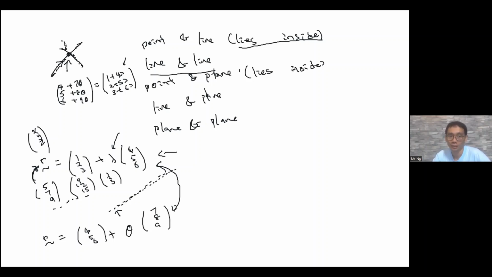Now let's look at this more from an algebraic perspective. You have two unknowns, three equations. Traditionally, we only need two equations and two unknowns to solve for lambda and theta. So with these two, you will have some value of lambda and theta. After that, if you have the values, say theta is equal to 1, lambda is equal to 2,